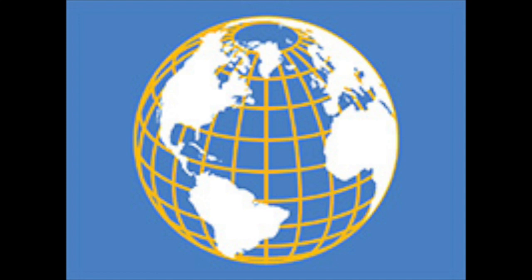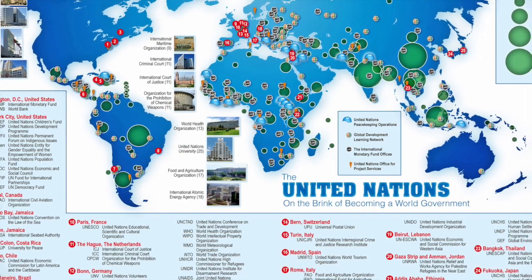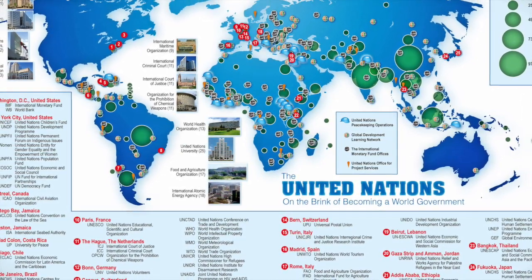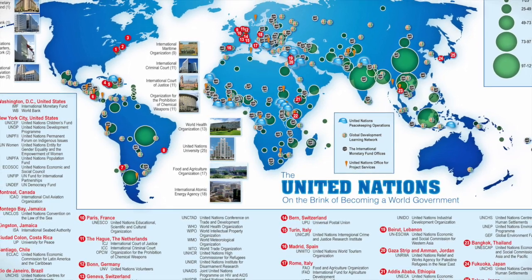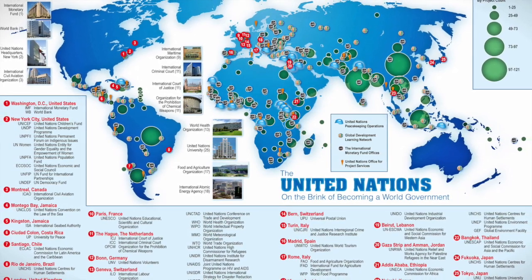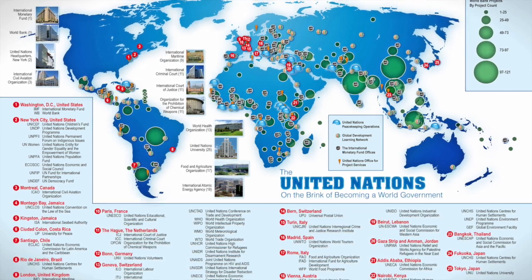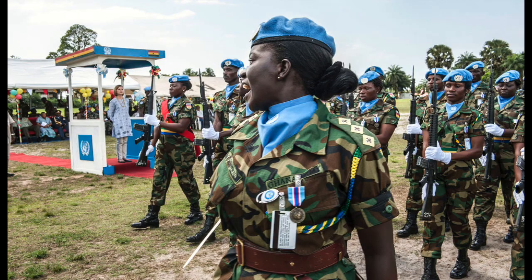So how effective the UN really is, is the main question we have to consider. The United Nations has 193 countries, or nations, that get together under one building called the General Assembly and only have one vote each and can make non-binding resolutions. In other words, they can suggest what countries should do. For example, with water control and water sustainability, they can make a resolution saying you must conserve this amount of water, but it's up to the country itself whether they decide to conserve that much water.